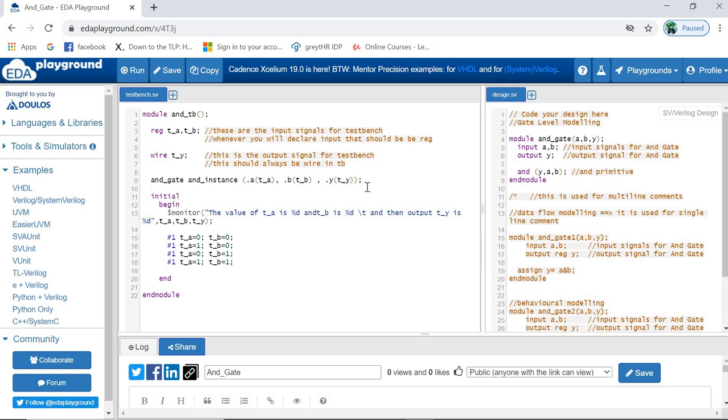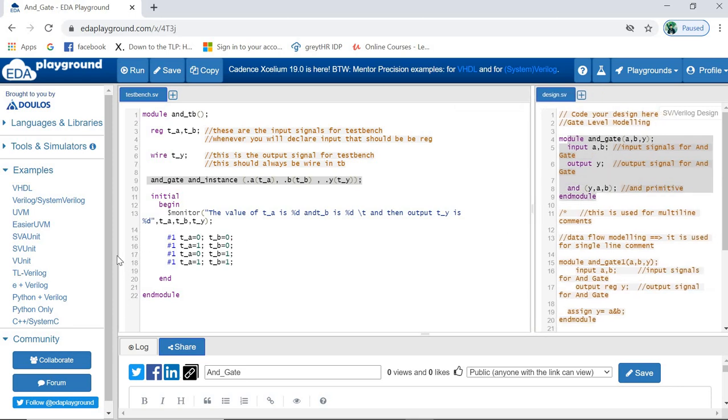I hope you understood. There are different ways to connect also. There is positional mapping, and there is name mapping. Basically this is the name mapping. We are going to see those things also, but in later slides. So what I did is I have instantiated my model into the test bench part. I hope you understood till here.